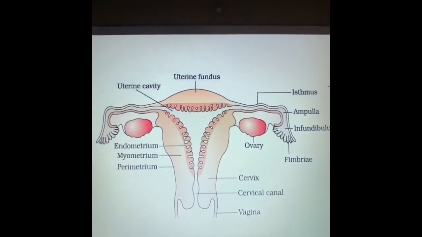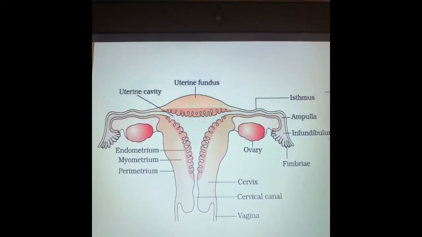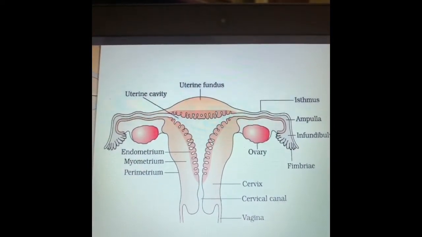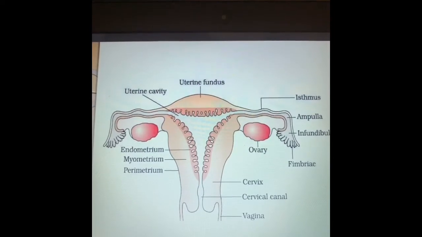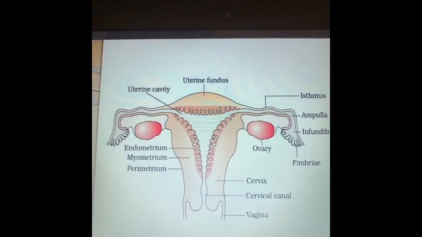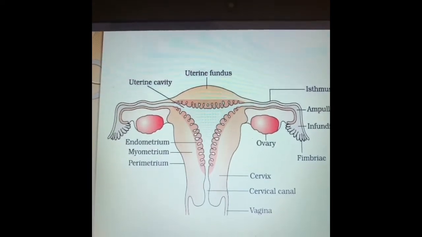Beyond the uterus is the cervix, which has a wall and a cervical canal, and just below that is the vagina. The cervix is that part which joins the anterior wall of the vagina and opens into it. The cavity of the cervix is called the cervical canal. The cervix communicates above with the body of the uterus by an aperture called the internal os, and with the vagina below by an opening known as the external os.